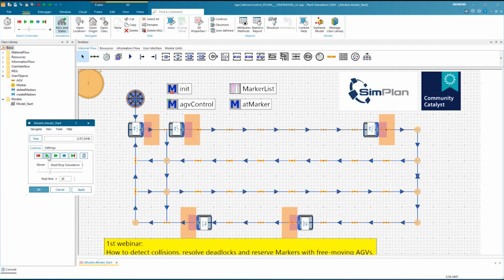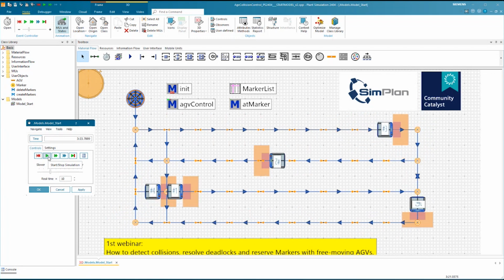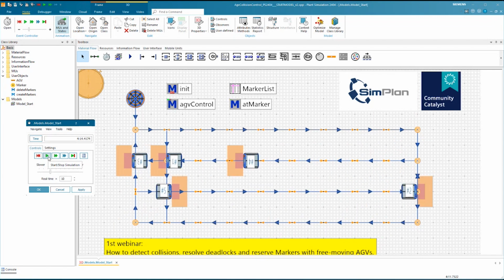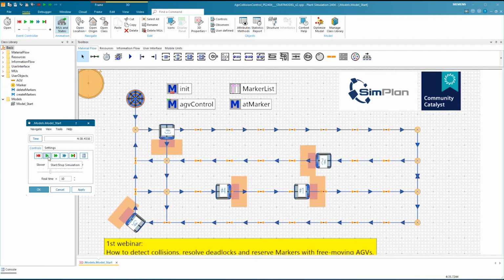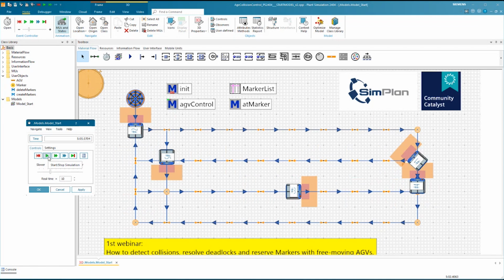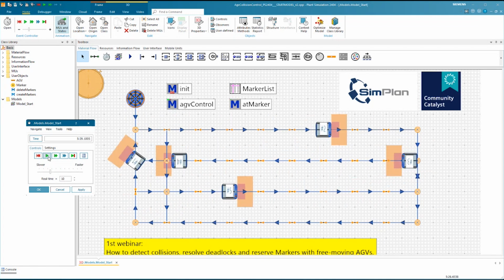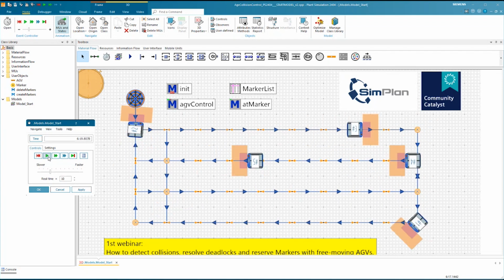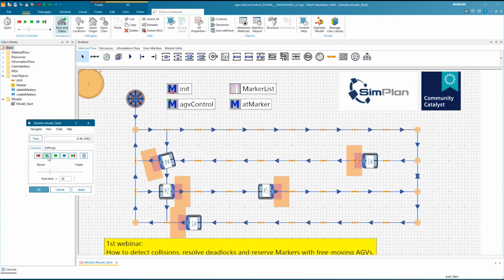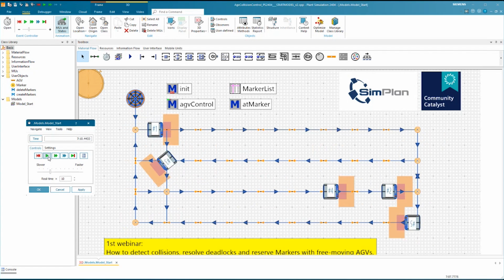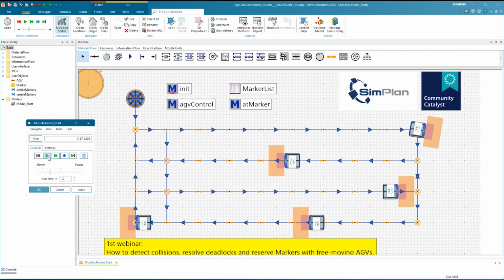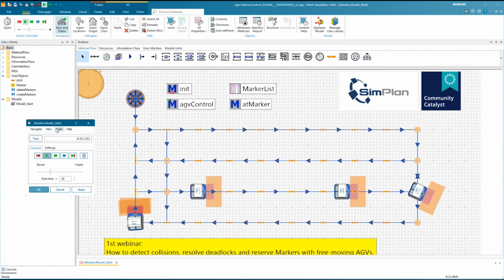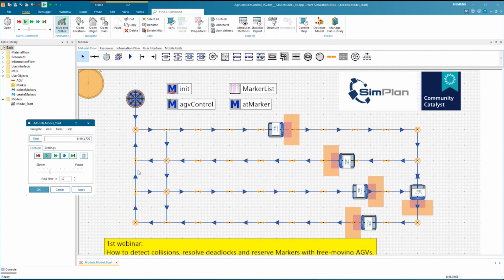And as you can also see, they are colliding and driving through each other all the time whenever they meet at intersections, or when one of them stops and the one behind doesn't want to stop, it just drives right through. So this is kind of the problem setting that we have. If you start using the free moving AGVs, this is probably what you will have realized quickly, that this is what's happening, and we want to talk about some basics of how to prevent this from happening.